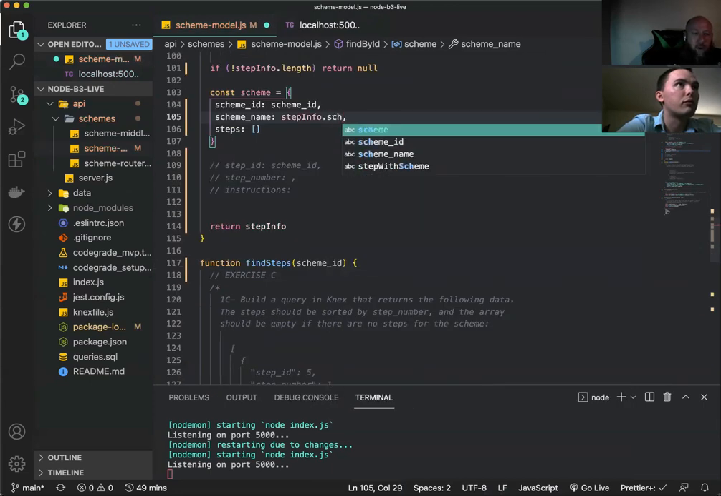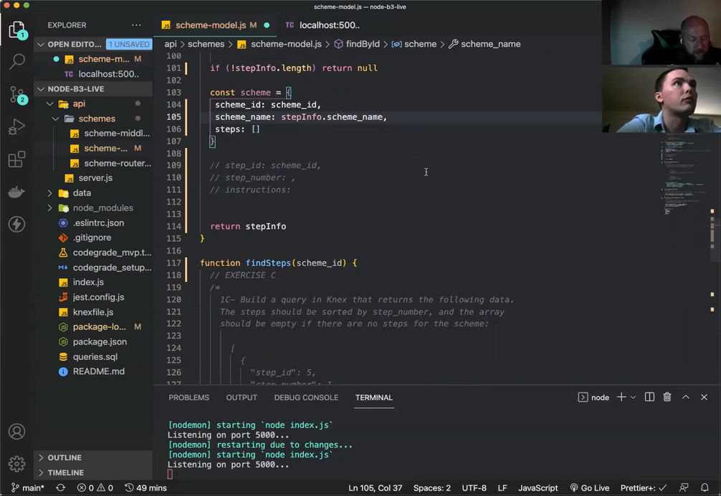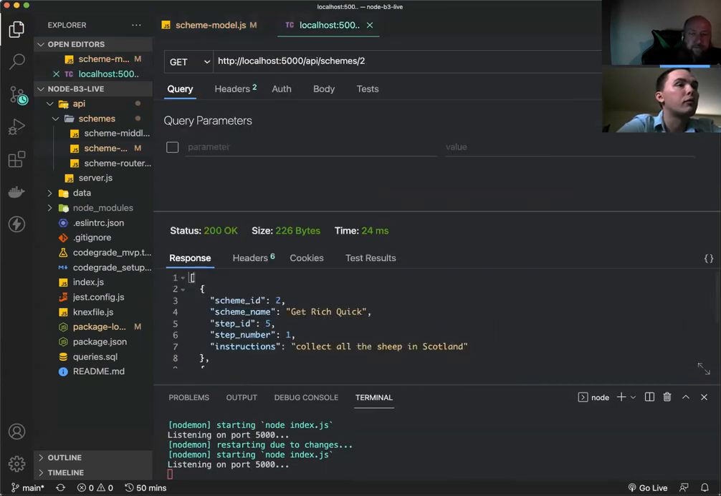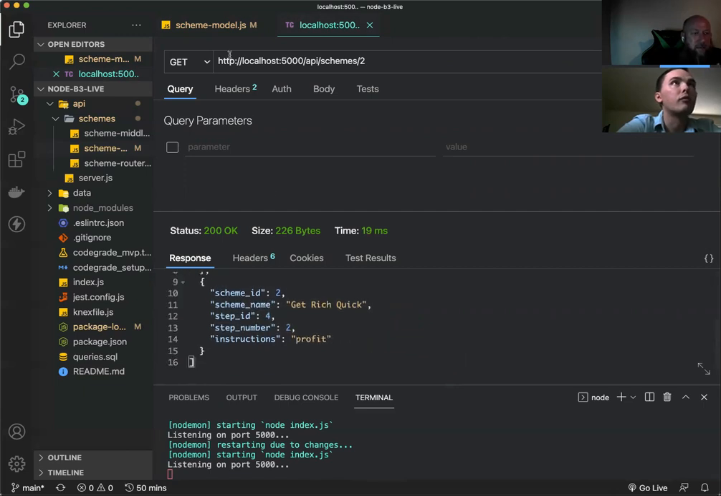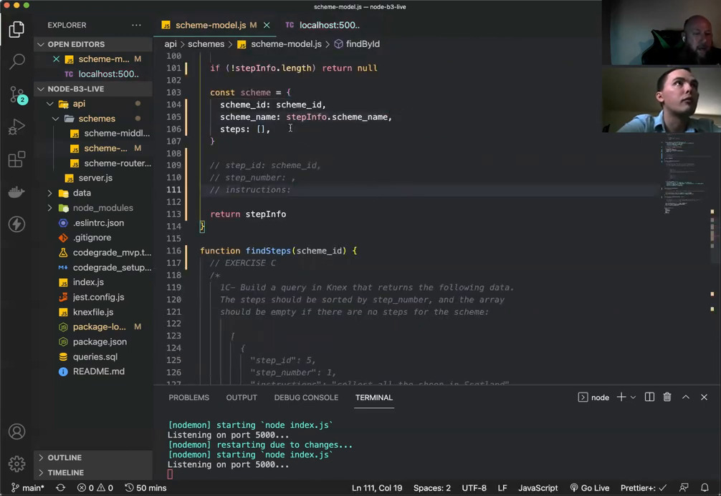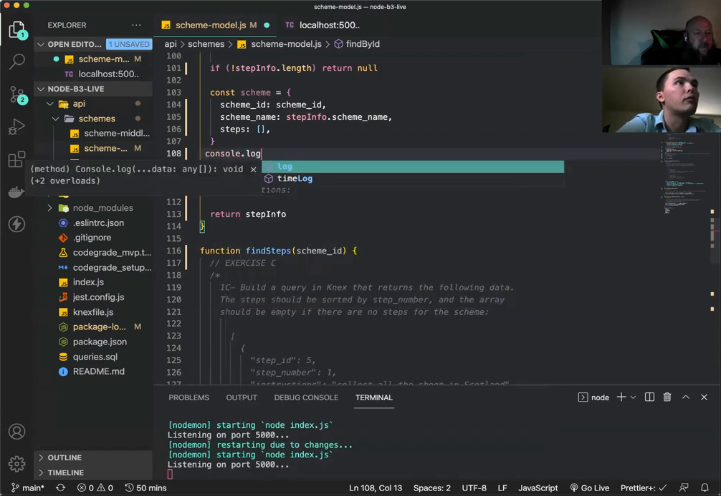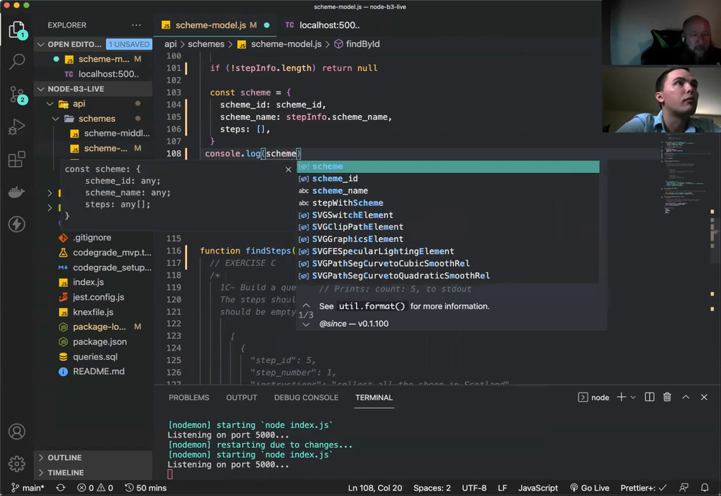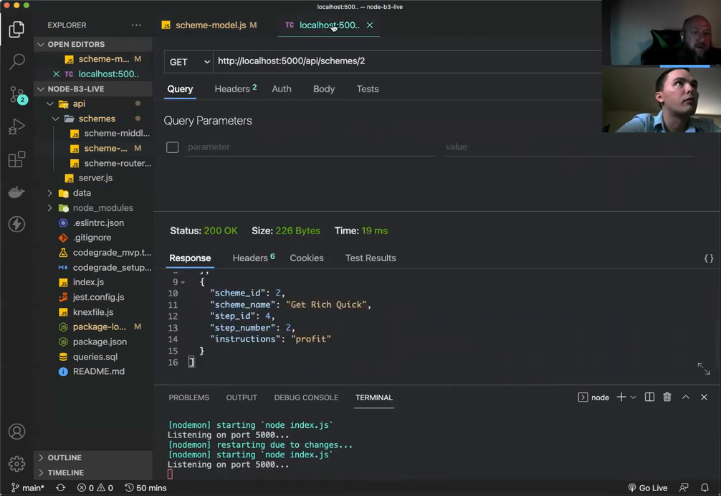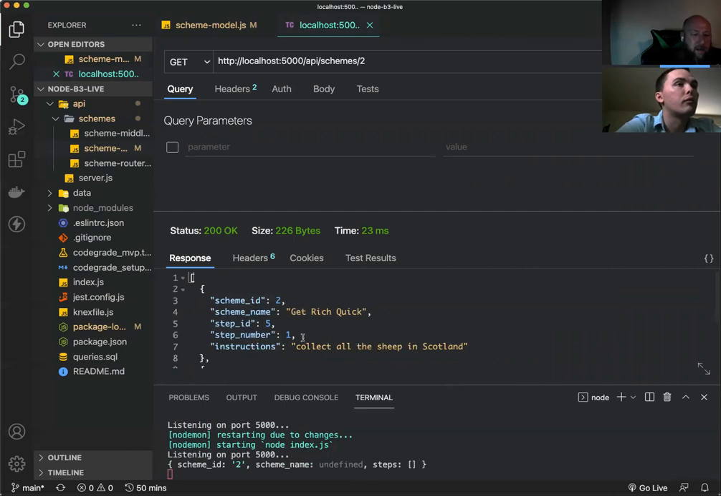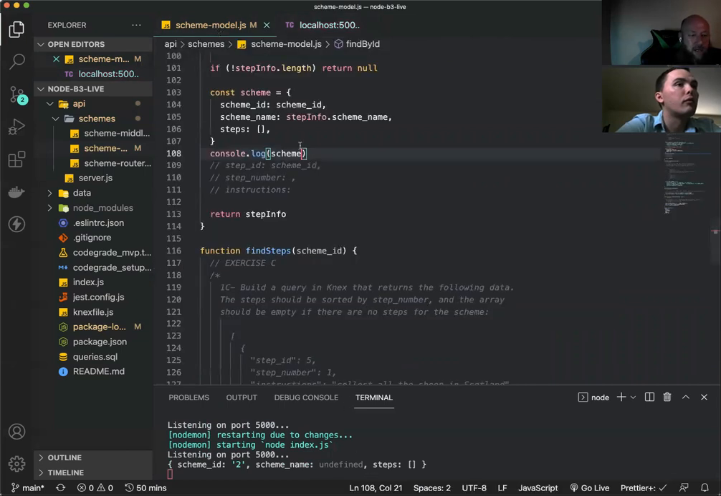Now, this is not going to work, but I want you to see what happens when we run it. So we get the exact same thing that we had before, right? And why does that work? Well, because we're not actually calling that information, right? But if we were to run a console log right here, and we said scheme, so now I'm going to send, and we look at our console log,